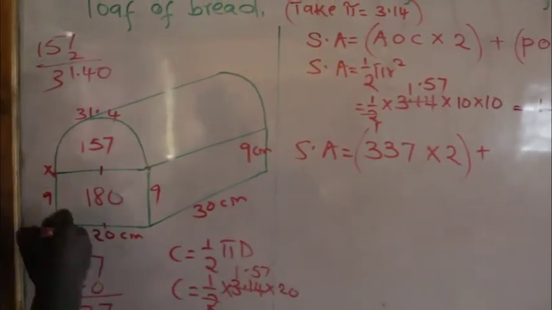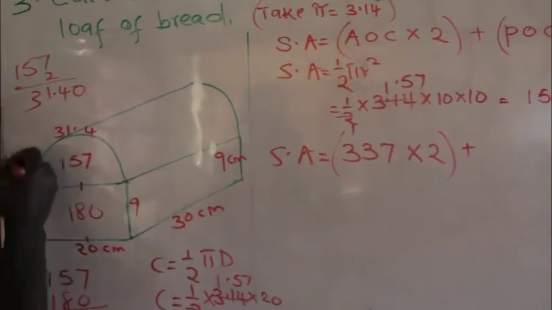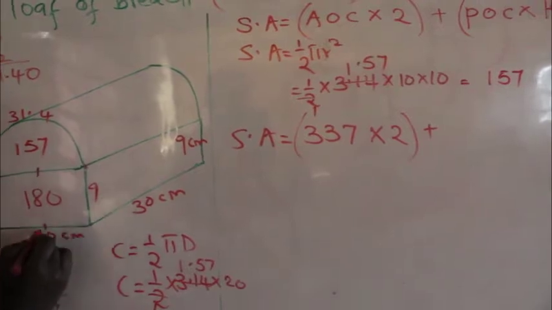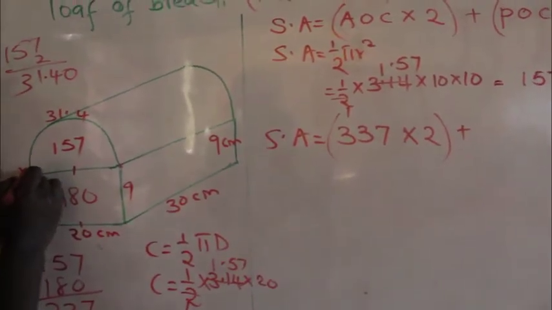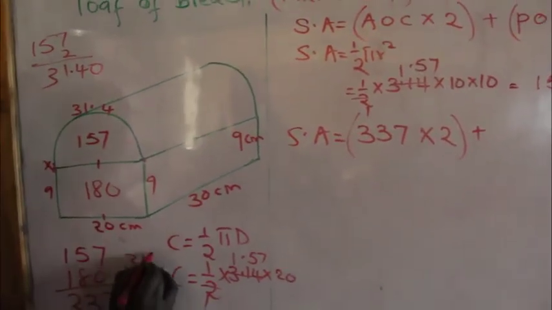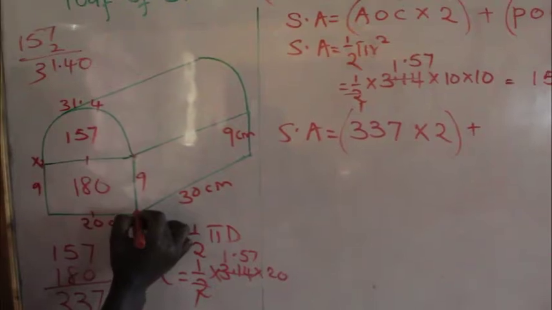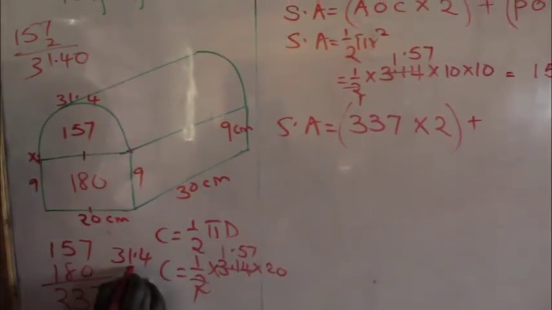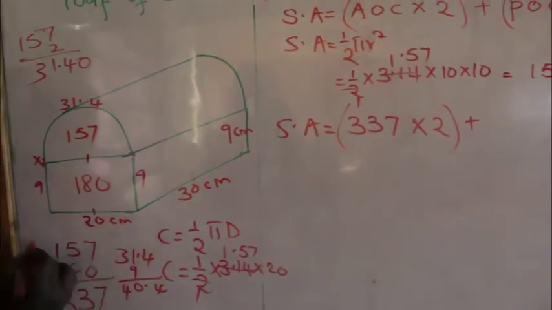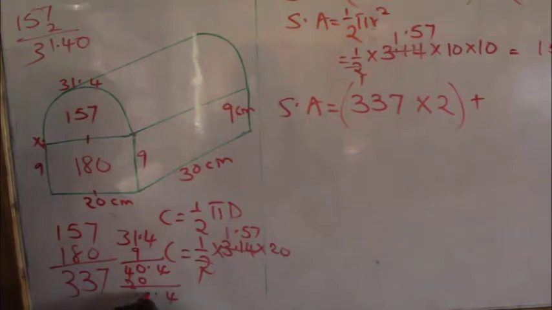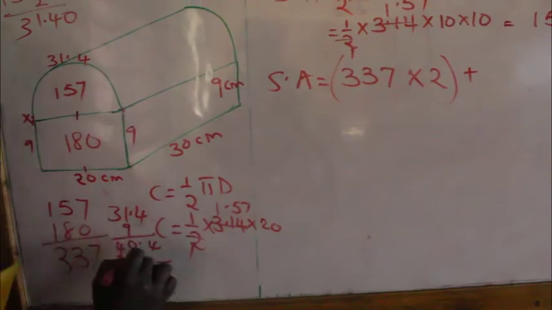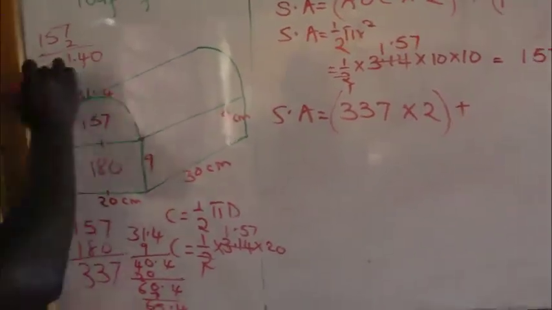So what am I doing now? I find the perimeter of the cross section. Let me go around: 31.4 plus 9 plus 20 plus 9, up to where I started my journey. So let me add. We have 31.4, 31.4. I had 9, I had 9. 4, this is 10, this is 4. I had 20, this is 4, 0, 6. I had 9. So I have 69.4. So 69.4 will be the perimeter of this cross section.